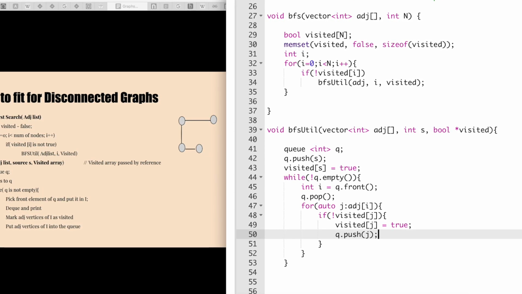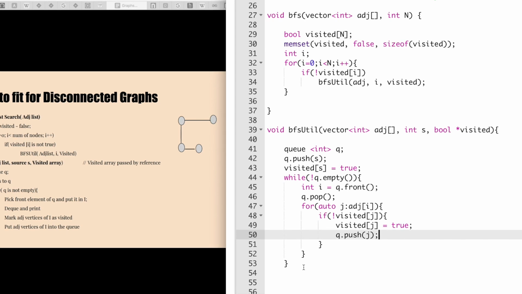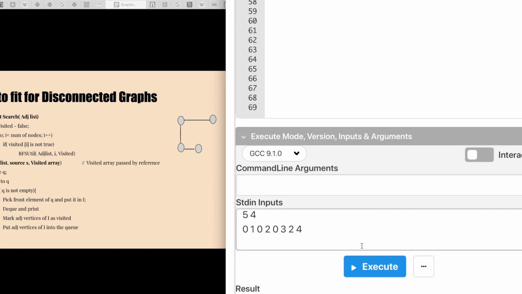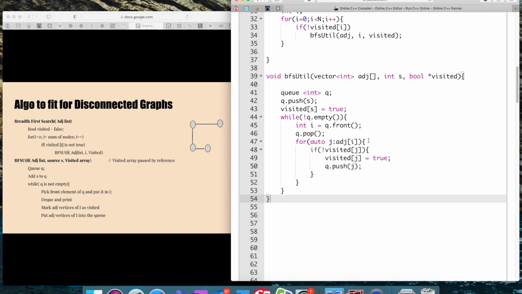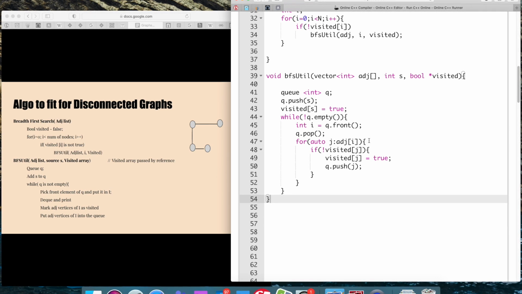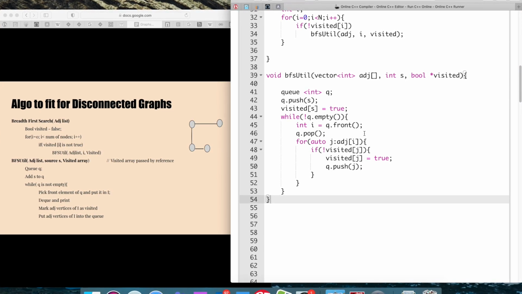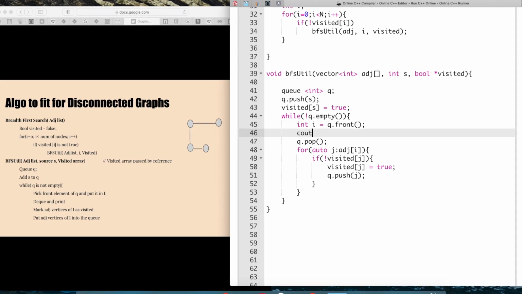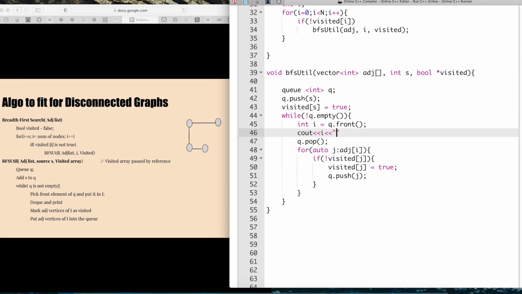Yeah, that's it. We are good. Let's just add the bracket. Yeah, we are good. Let's just run the code. Add a print statement to see whether the output is coming out correct or not. So as we encounter the first element of the queue, let's just print the element.